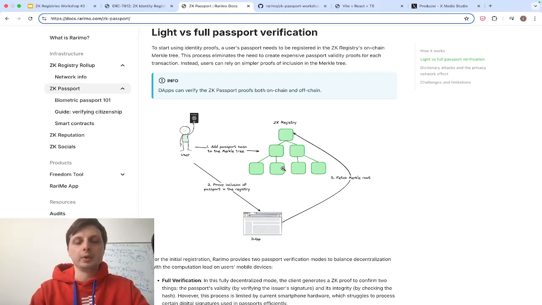When a DApp needs to verify some data, basically they need to generate a QR code that will be scanned by the Rarime app. This QR code will contain a query that we want to verify,